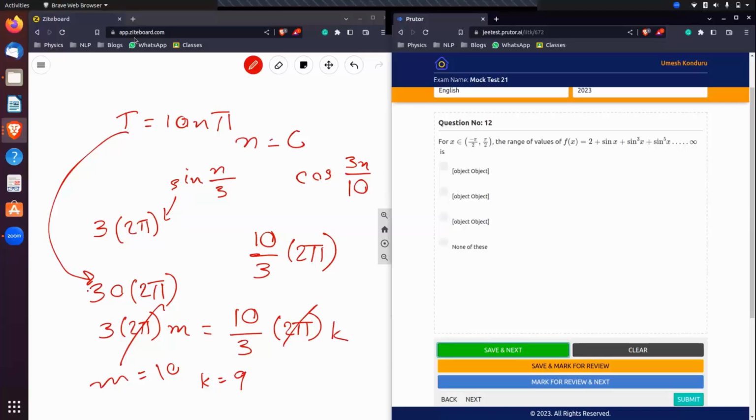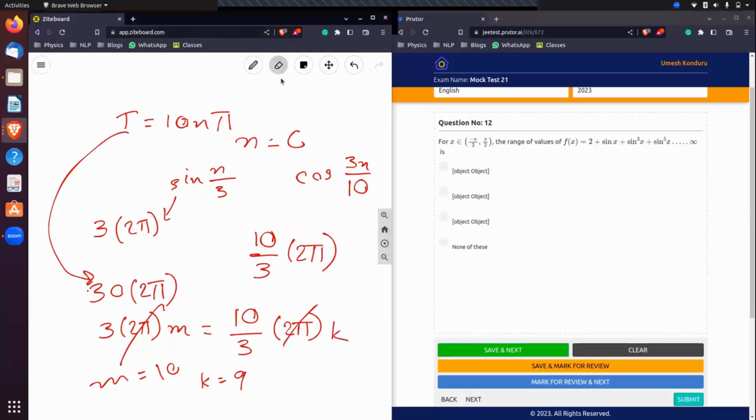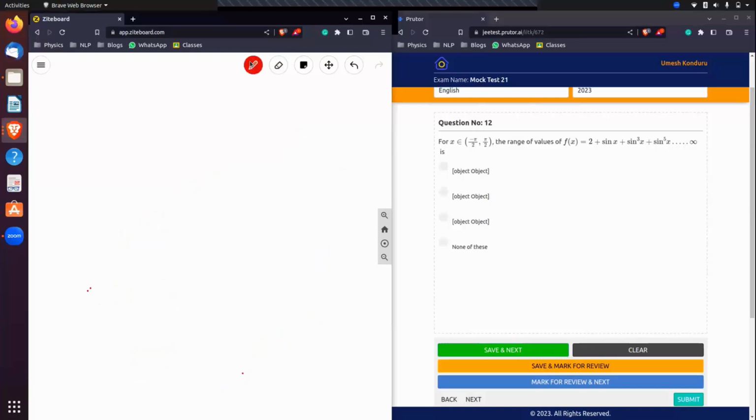Okay, we have another question without options, but we'll solve it anyway. This is a straightforward geometric series question. So